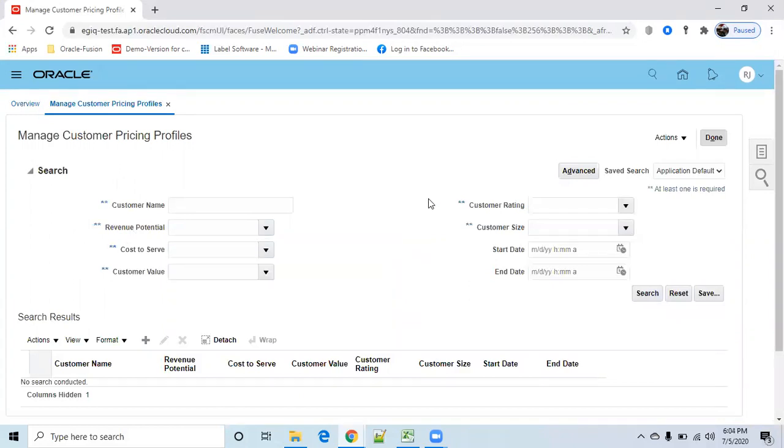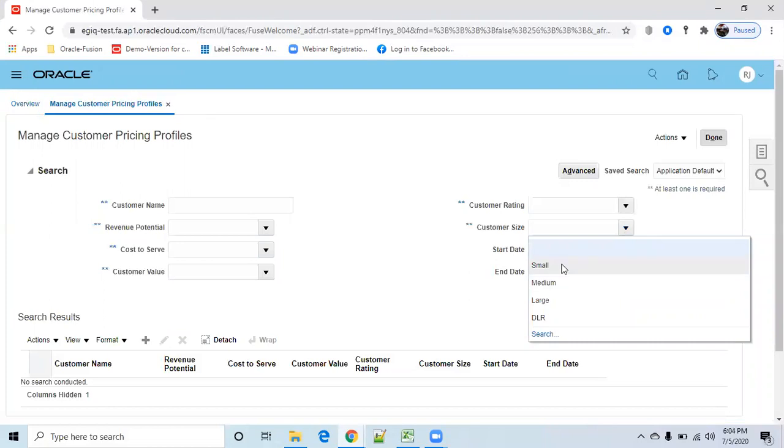Suppose one more customer came whose size is small, so I can give him something like $9. When the customer size is large, they are going to buy a huge amount of goods, so they will give some discount. For a large customer they give $8, for a small customer $9.